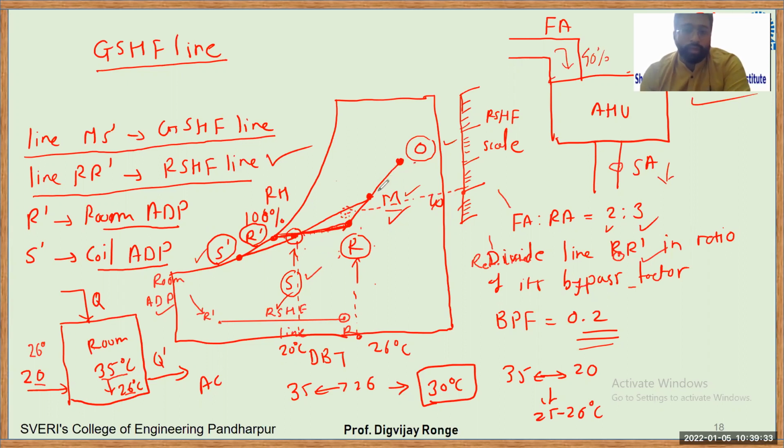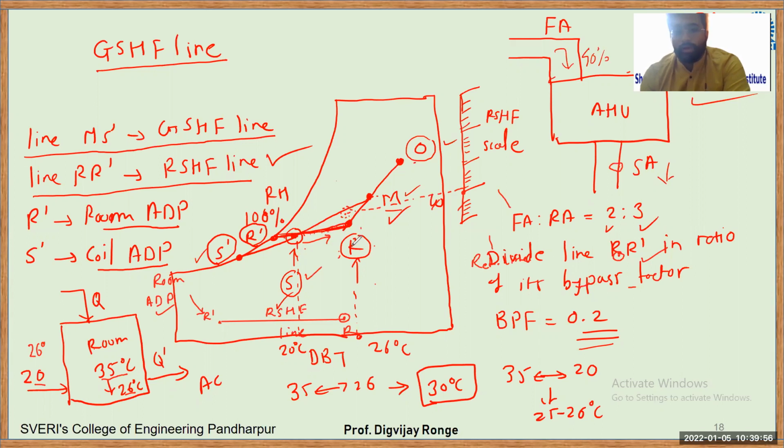So these two streams get mixed together. This is a mixing point. Then this mixed air will pass on the cooling coil and it will reach the condition of S. Okay. Now from this onwards, this is the supply air condition. This will be supplied to the room. As it gets mixed inside the room, its temperature and humidity condition will reach the room condition, and this is